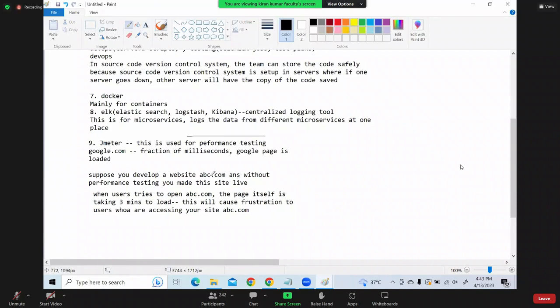That means you actually developed the abc.com site, but you did not do the performance testing, and you made it live. In production, users are now seeing the issues. So that's why every application